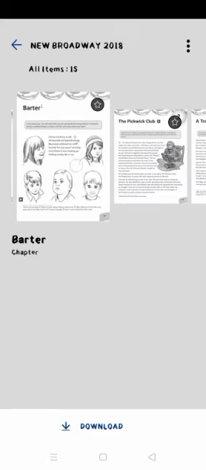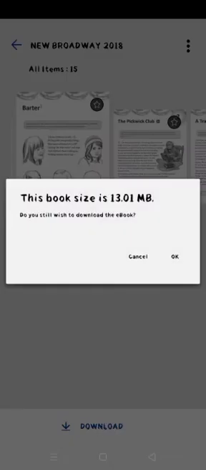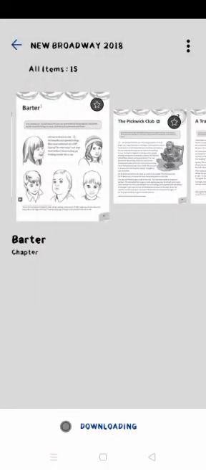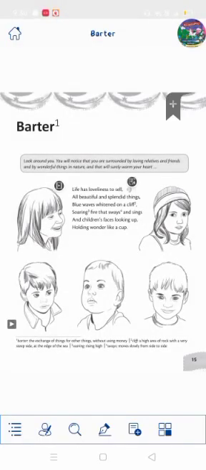Now I have clicked over there, but the problem is it's not opening because it's not downloaded. Now if I download it, and then click over here, it will open. Okay, so we can see the video of this.